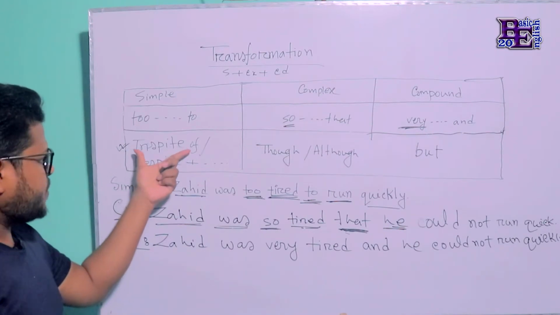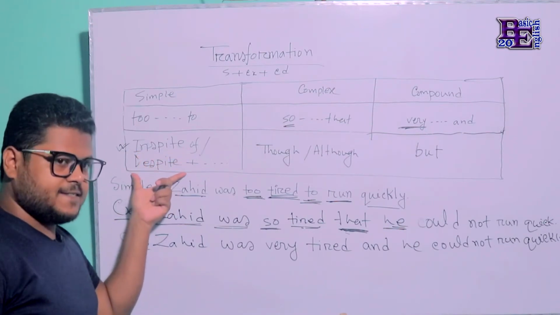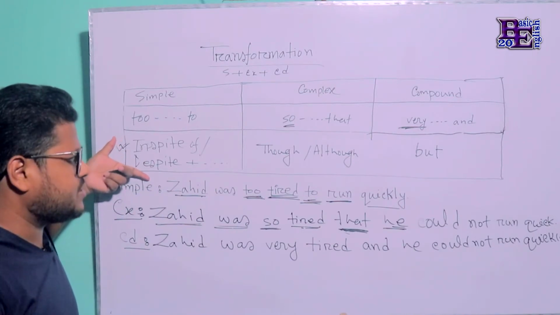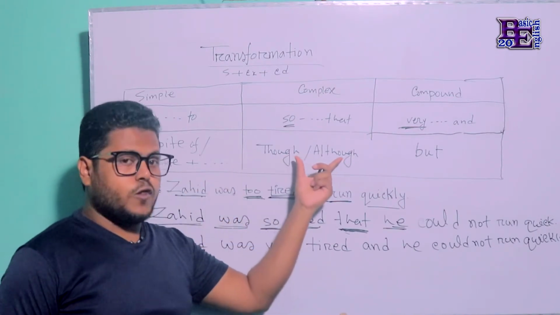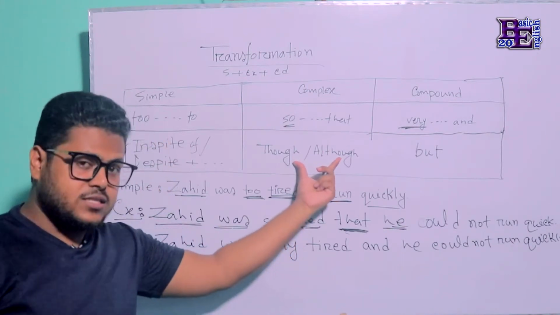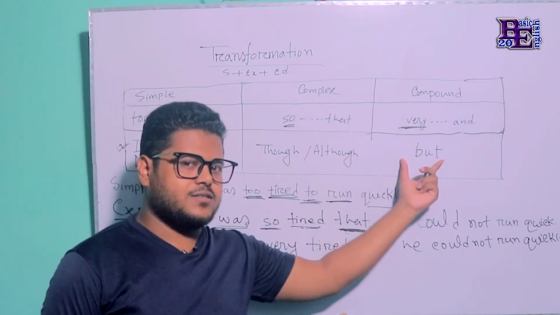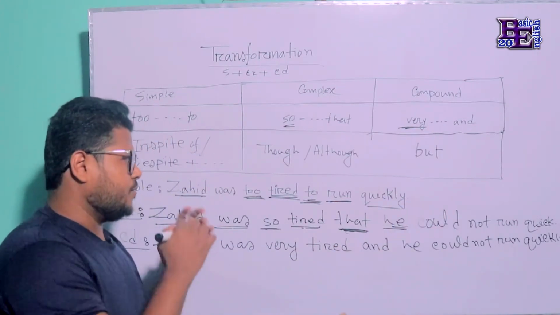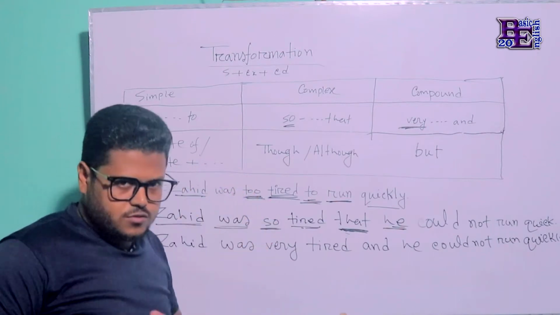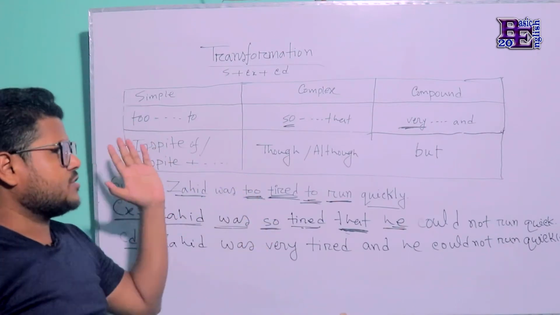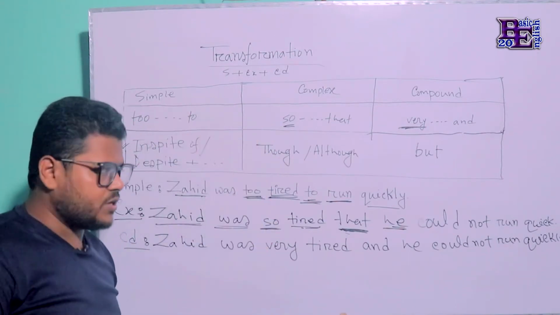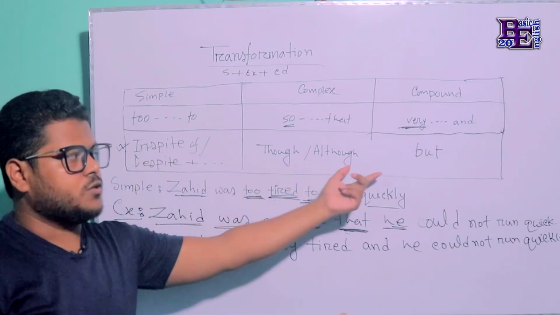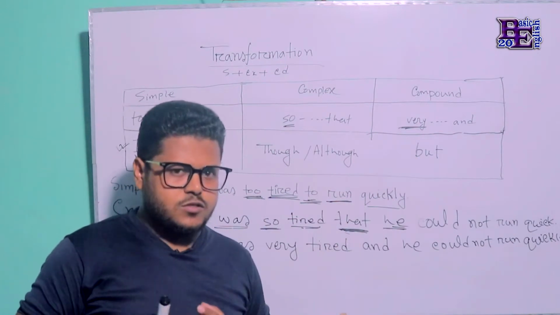That is, in spite of, despite. And if you get phrases like this in a simple sentence, we have to use though or although in a complex sentence, and in a compound sentence we have to use but. Okay, let's see how we can use this type of phrases or conjunctions to transform a simple sentence into complex and compound. And you know that in spite of or despite, though, although, or but are always used to express